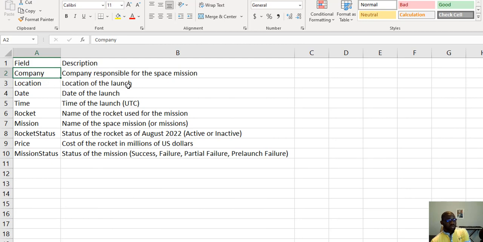The location means the location of the launch, and then the date is the date of the launch, the time as well in UTC. We have the rocket, so the name of the rocket used for the launch, and then the name of the space missions, right? So then we have the rocket status, so this tells us whether the rocket is active or inactive, right? So as of August 2022,